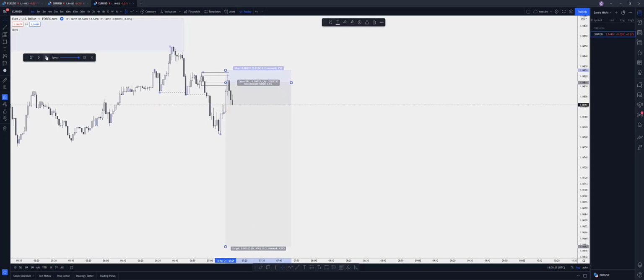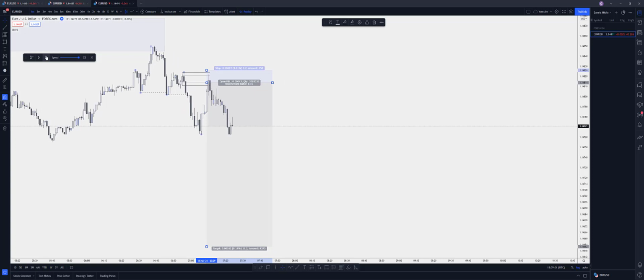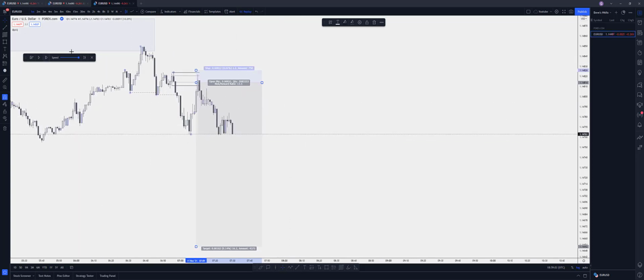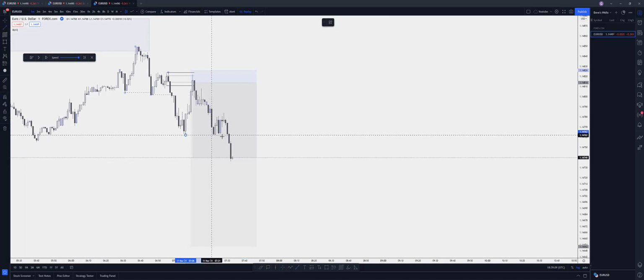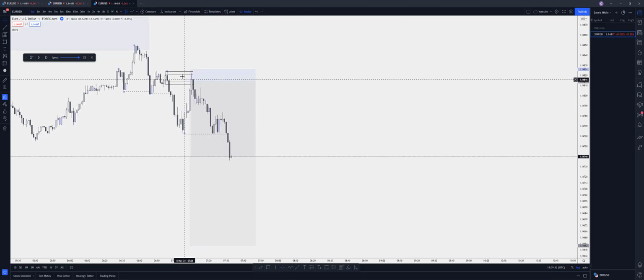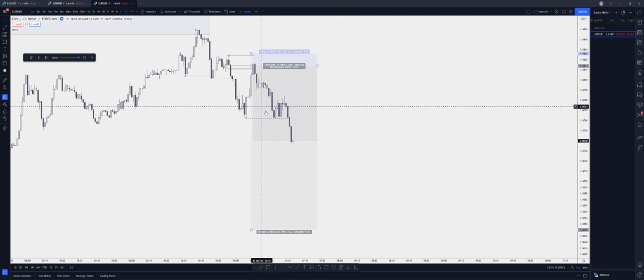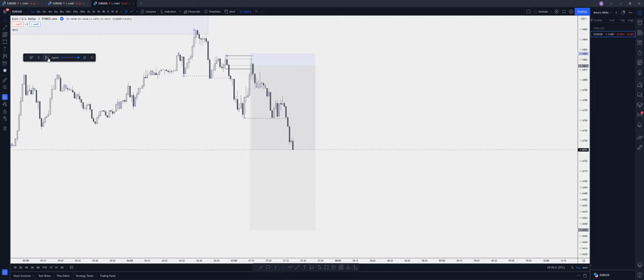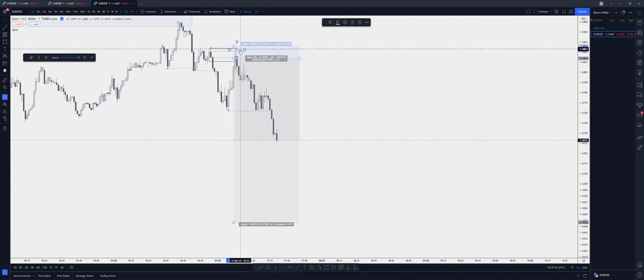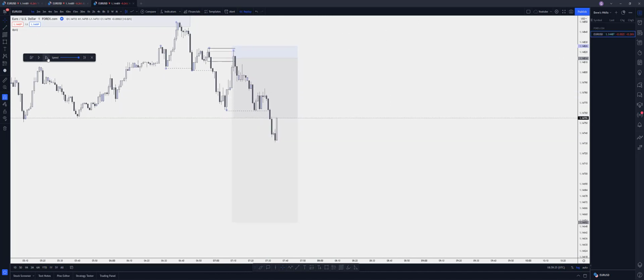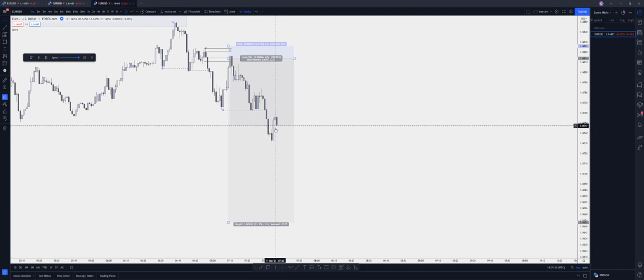And then what does it do? It eventually breaks down. Perfect. Now this is where it comes in to your management as well. Some people like a target. I personally like to trail behind swing structure. So let's have a look. We've now got our high. At this point, I still have my full risk open because there's no point taking off whatever that is. So I'm just waiting now for price to cement a low